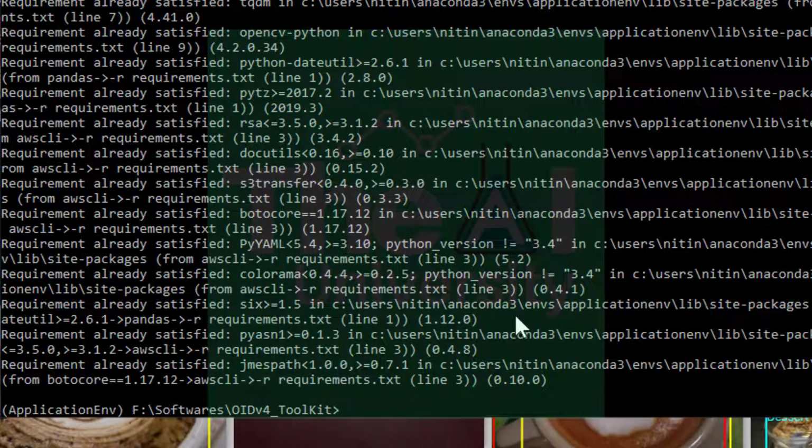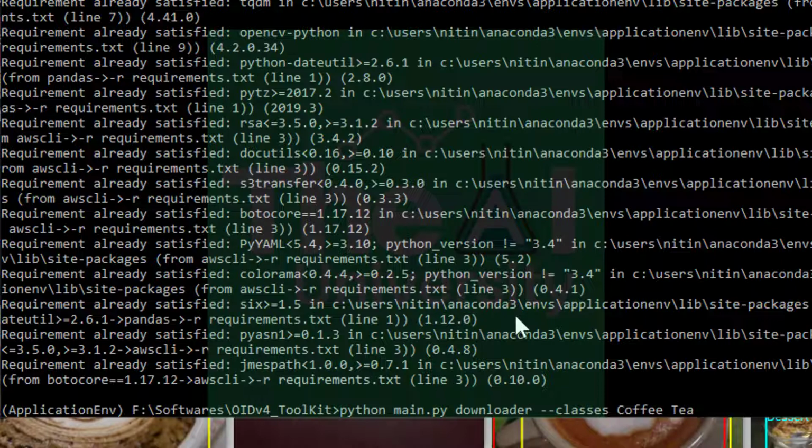I want to download the image dataset related to coffee and tea. So I will type a python command like python main.py, then downloader followed by --classes and the name of the classes. In my case, I'm keeping it as coffee and tea.